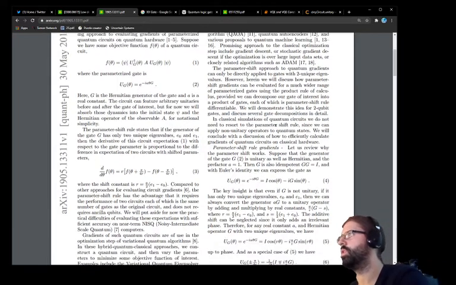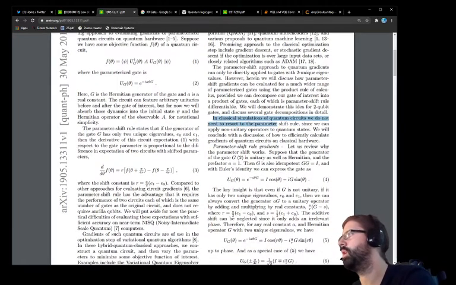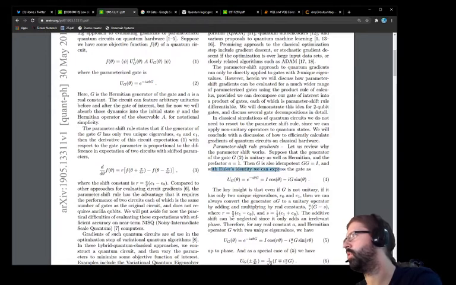Okay, let's try to do this. So in classical simulations, we do not need to resort to the parameter shift rule, since we can apply non-unitary operators. We'll conclude with a discussion of how to efficiently calculate gradients of quantum circuits on classical hardware. Let us review why the parameter shift works. Suppose that the generator of the gate is unitary as well, and then the prefactor, then G is also idempotent. And with Euler's identity, we can express the gate as, okay, so that's the idea why this works,